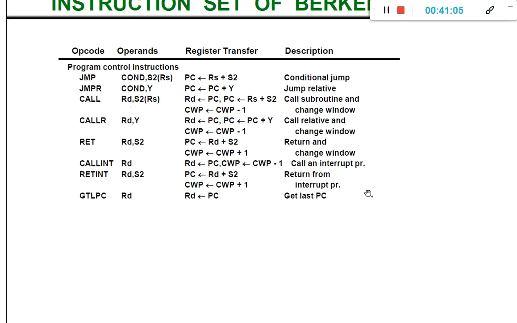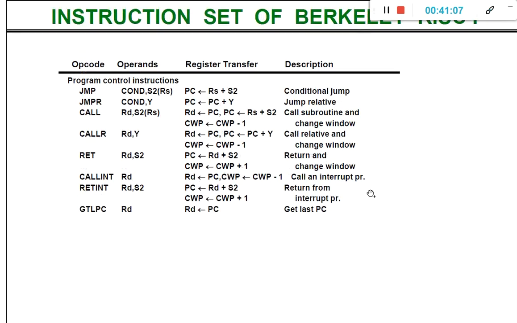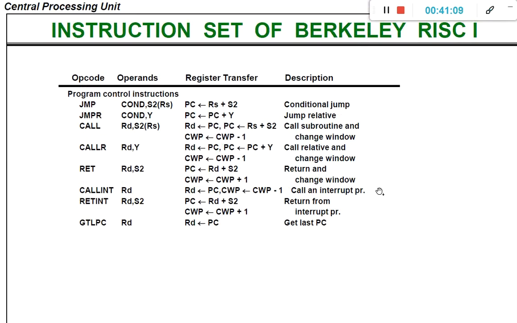And finally, we need some program control instructions. These are the program control instructions available in Berkeley RISC-V.